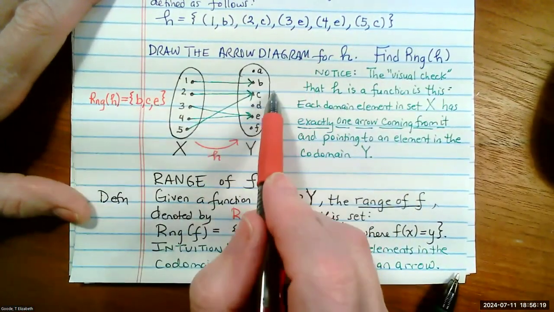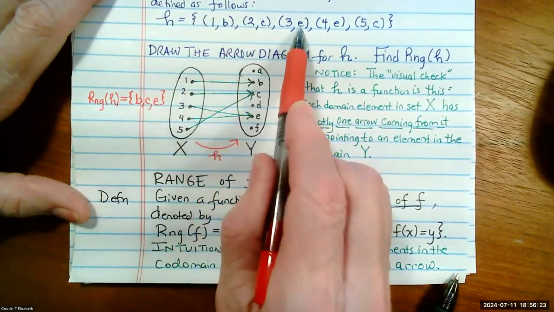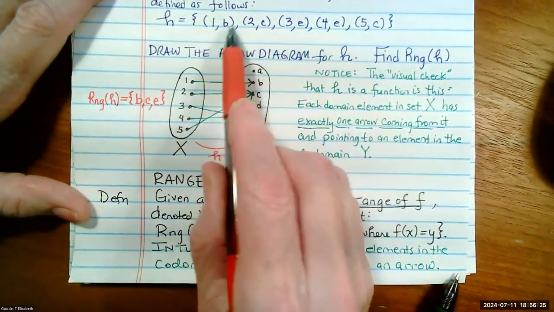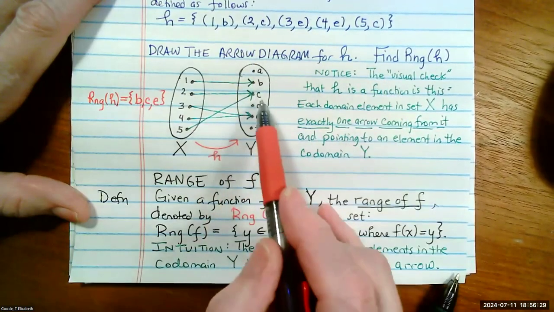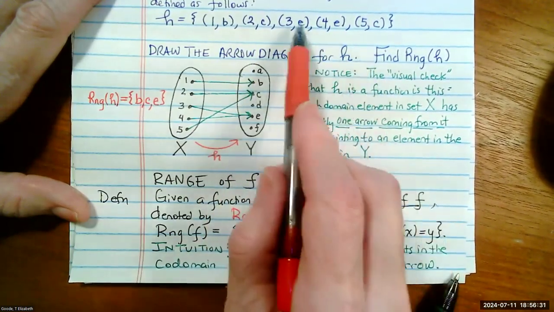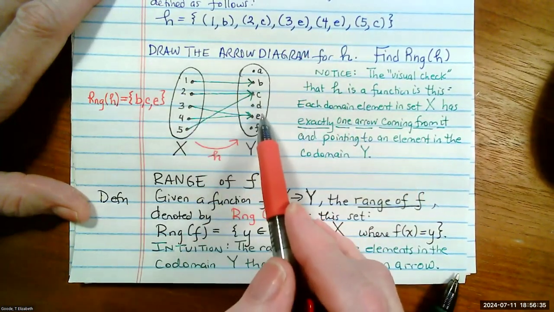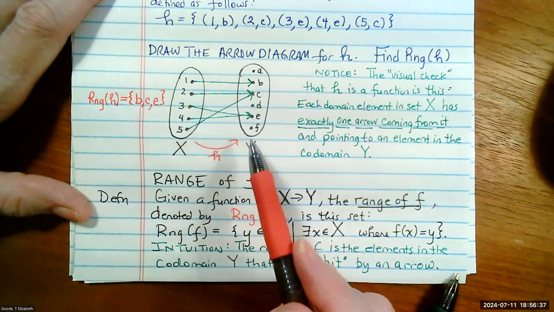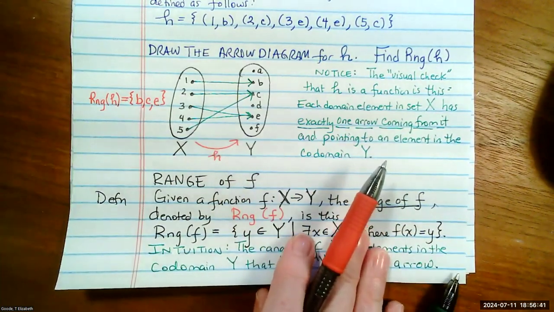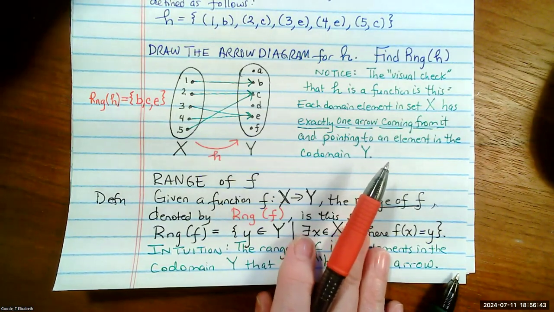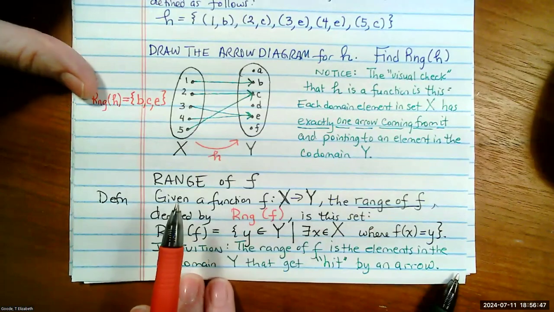Now, if you don't draw an arrow diagram and you want to know the range of H, just look at the second coordinates. Those are the elements that would get hit by arrows, B, C, and E. It's okay that C gets hit twice. It's okay that E gets hit twice. Nobody says that's no good. Okay. And that brings us to the idea of the image and pre-image,